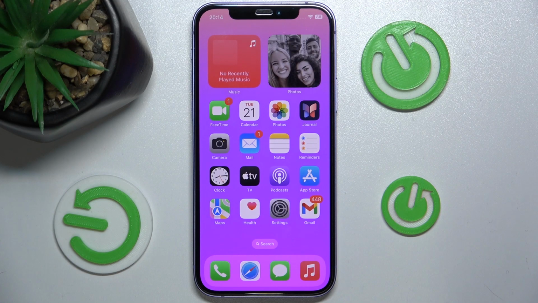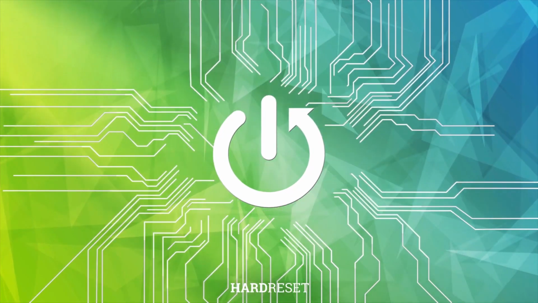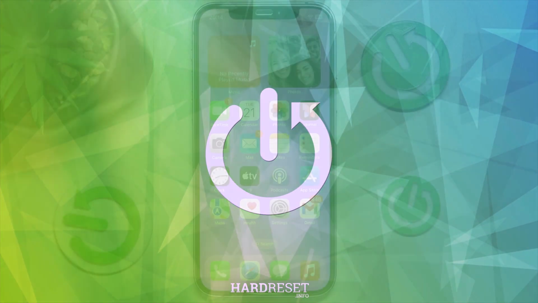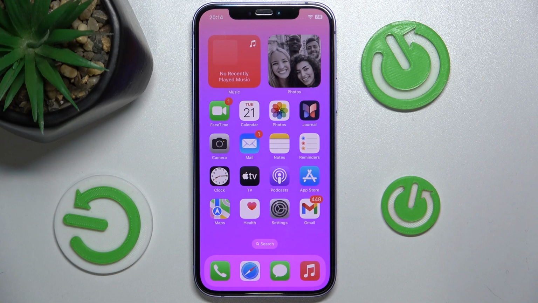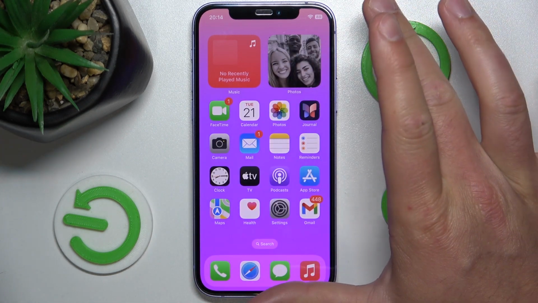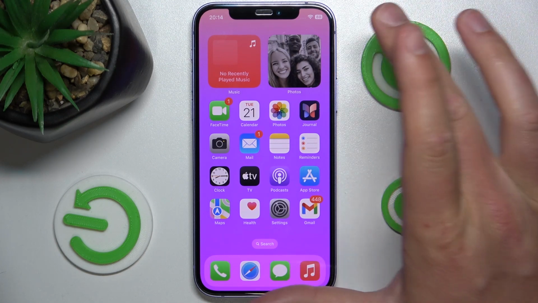Hello, in this video I'm going to show you how to adjust the muted thread settings in the mail on the iPhone. So today in front of me is the iPhone 12 with the iOS 17.4, but it really doesn't matter which iPhone you have or which version of the iOS you have, it is all going to work the same on